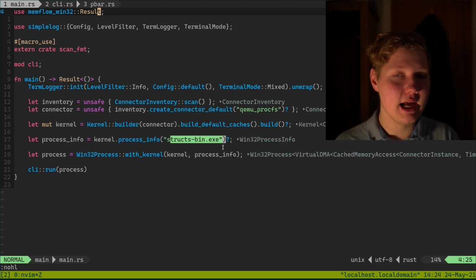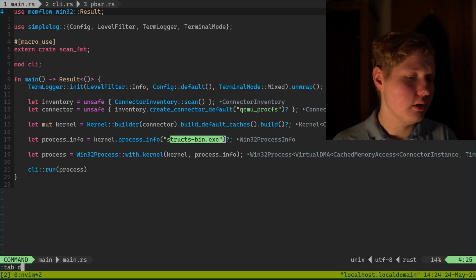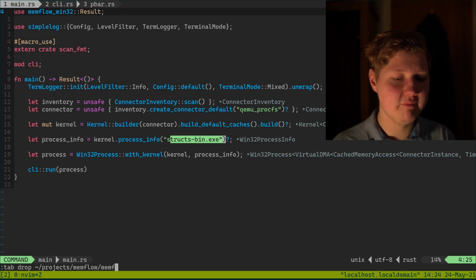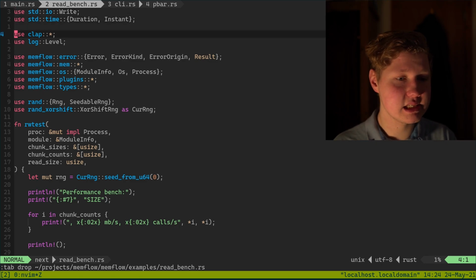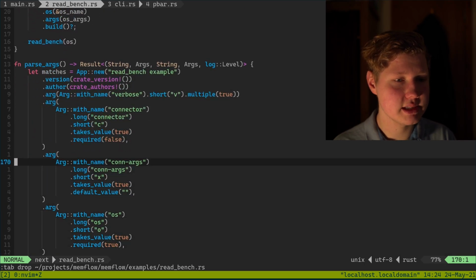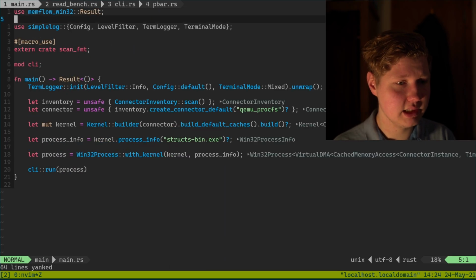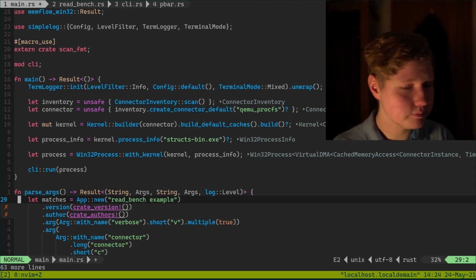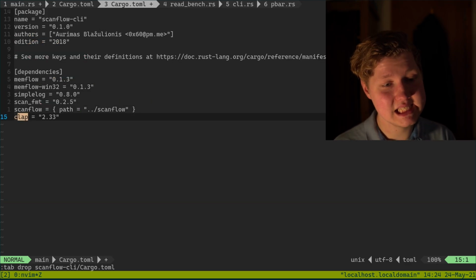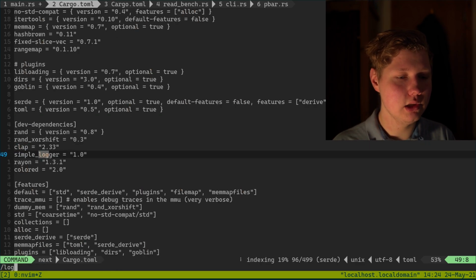We will use a crate called Clap, and I will just open up memflow examples, and for instance read bench. This is how we do it in memflow, and that is to use this parse arguments thing. I will just copy this star. I will copy everything, and I will just say what it does. So we need Clap. Clap essentially allows you to parse command line arguments better. And another thing, we need log